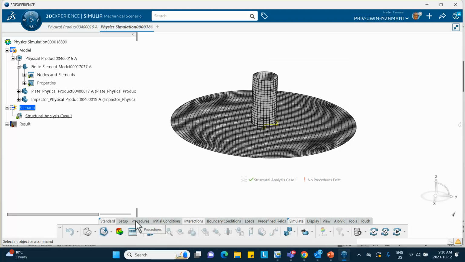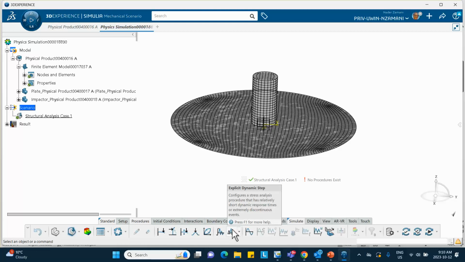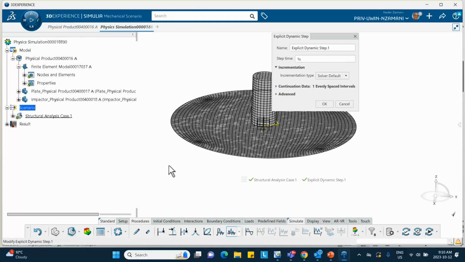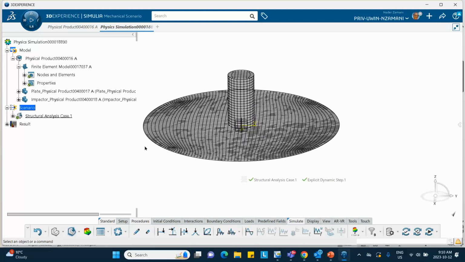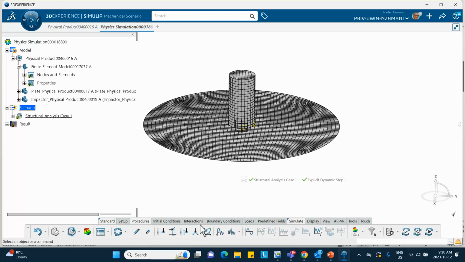Now we're going to go to procedure. It's explicit dynamics. Explicit dynamic step. Click on it. The total duration is 0.005. Everything else is default. We say okay. All right. Now we're going to do the boundary conditions and things like that. So let's go ahead to the boundary conditions